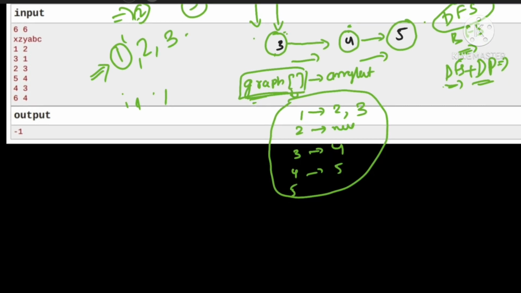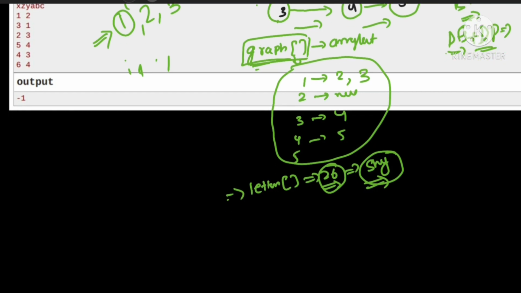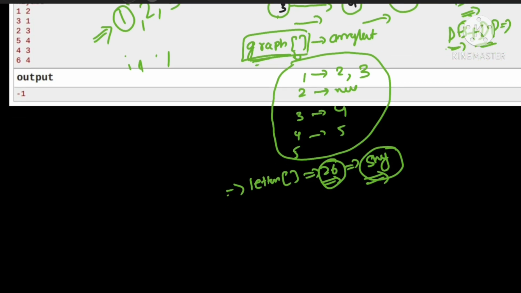And we also want the letter array. This will be of size 26. It is used to count the frequency of the characters in the given string. I will explain how the frequency of a string will be counted with this array of 26 when we are coding. But for now, just keep it. Letter will be there, used to count the frequency of the elements in the string.